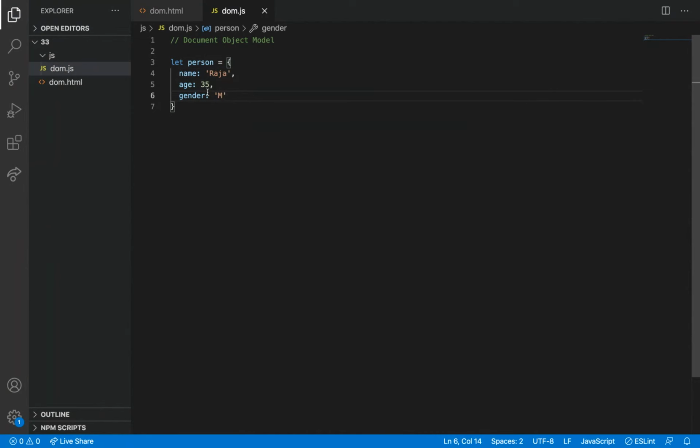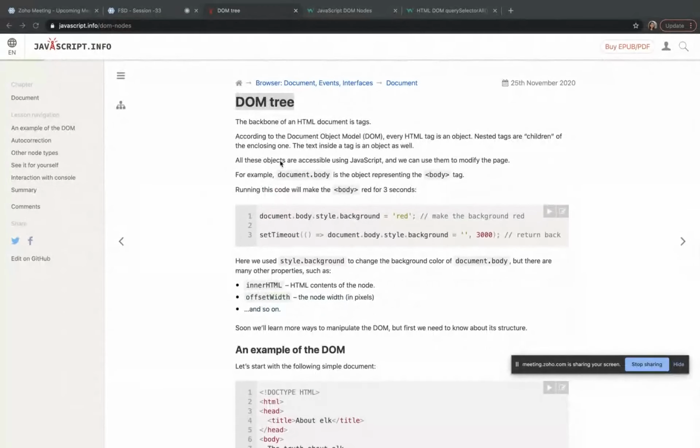Okay, actually this is an object. If you have seen yesterday's video, you'll be very clear what an object is. Because here there is the word object, that's why I have written it. We will see.